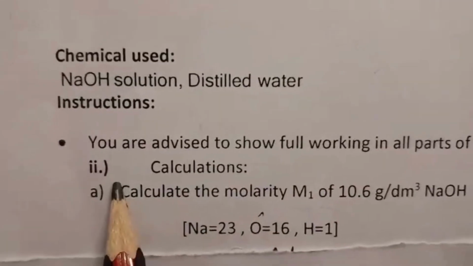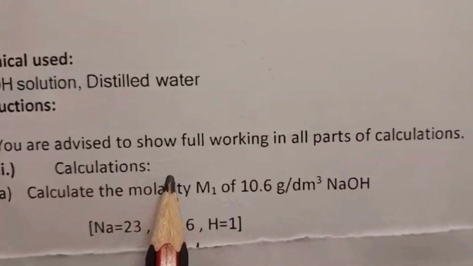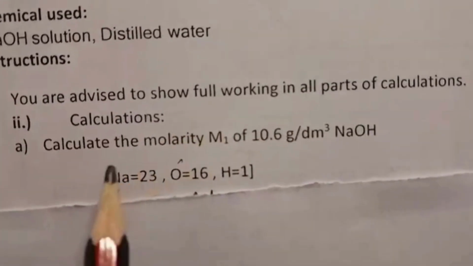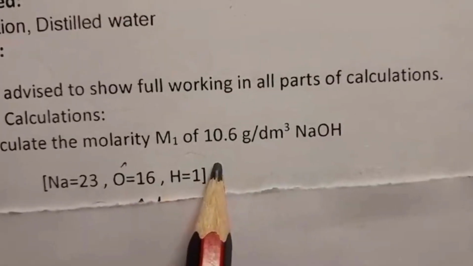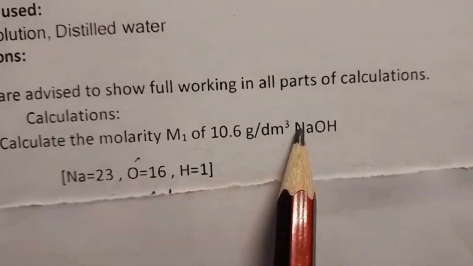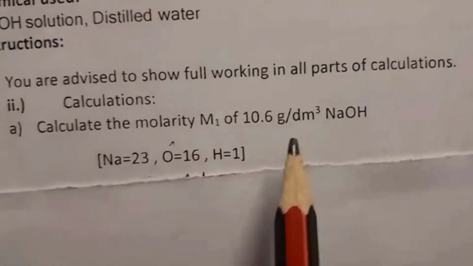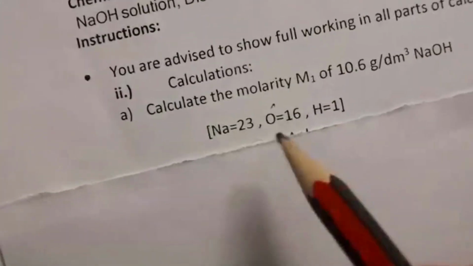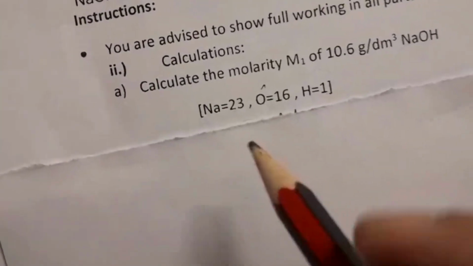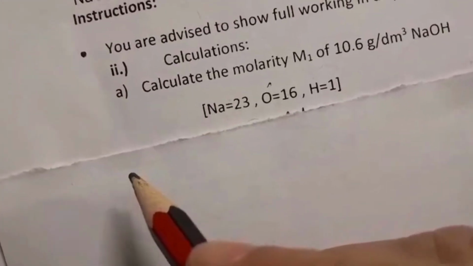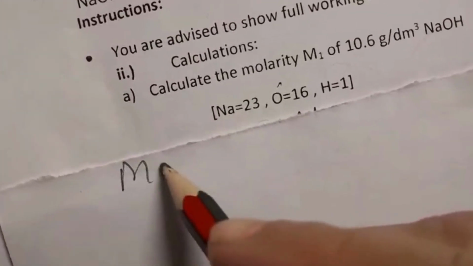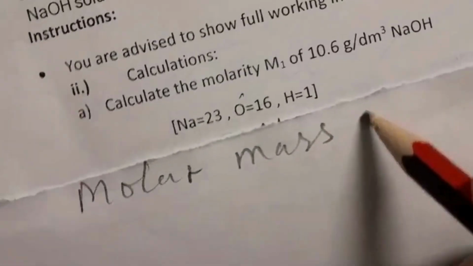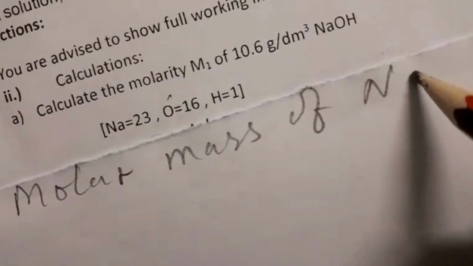And you are advised to show full working in all the parts of calculations. Calculate the molarity M1 of 10.6 grams per dm³ NaOH. So we are given the mass in grams of NaOH, and from mass in grams we can find out its number of moles, and molar mass of NaOH,